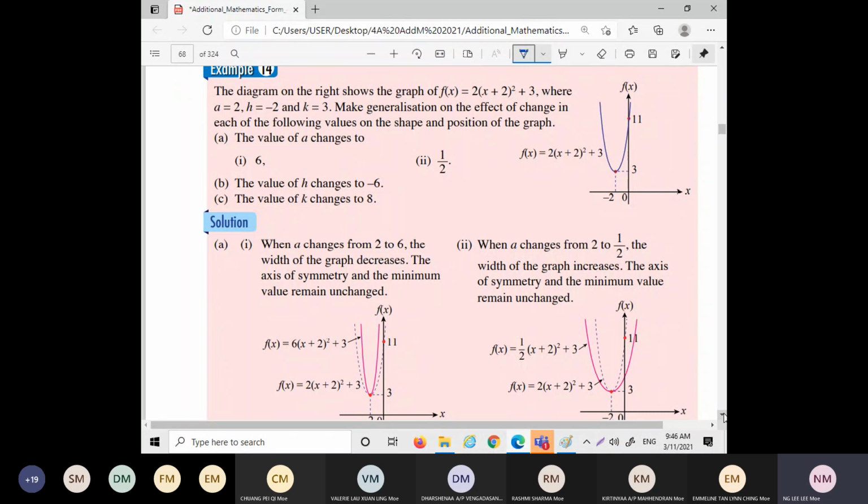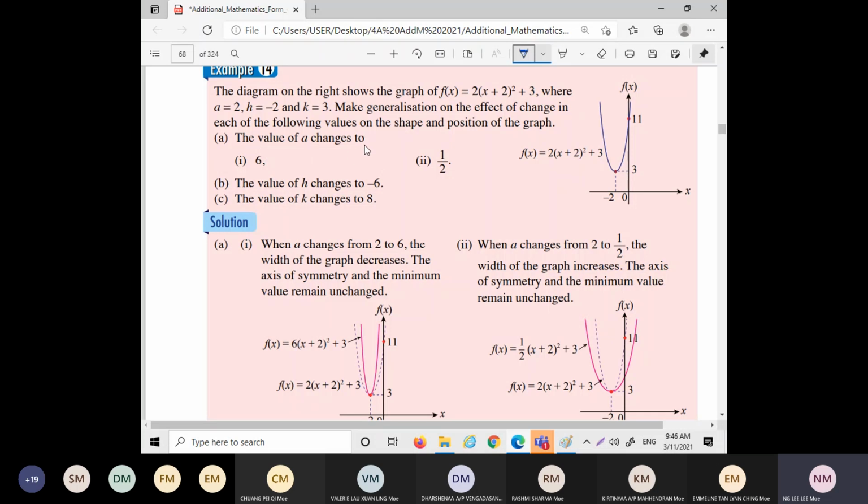I'm not sure, maybe I can use one software to show you. Okay, but we go through first. The diagram on the right shows the graph f(x) equals 2(x + 2)² + 3, where a is 2, h is -2, and k is 3. Make generalizations on the effect of change in each of the following values on the shape and the position of the